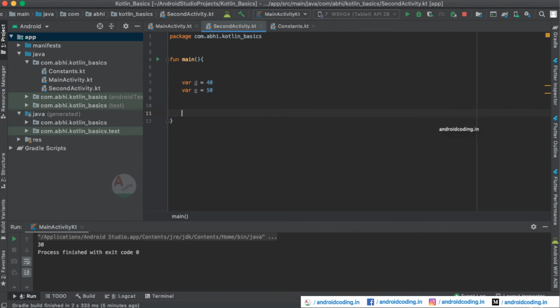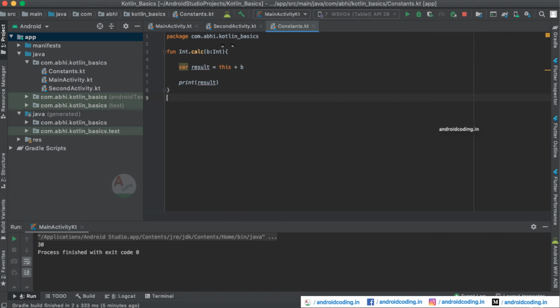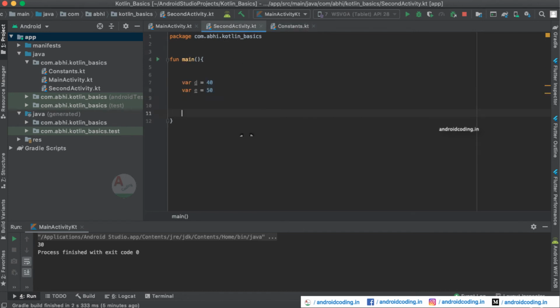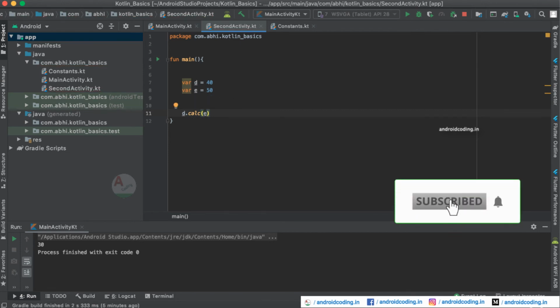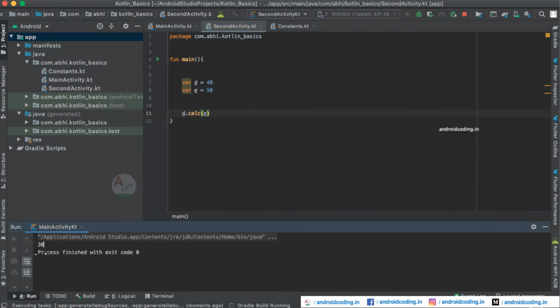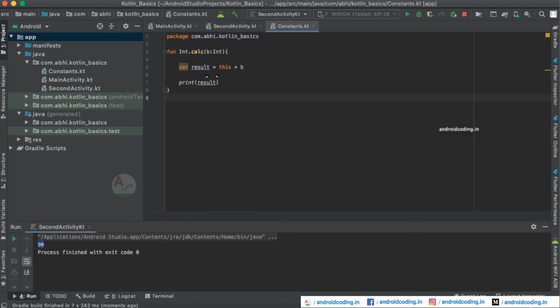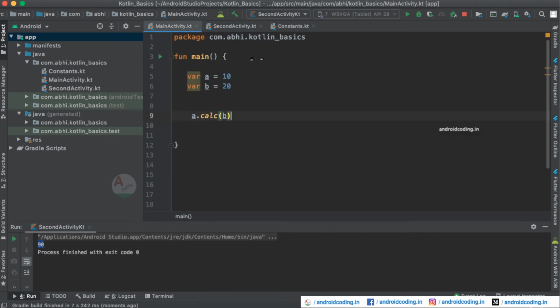And now here also you can make use of the method which you have declared in constants, d dot calc e. So now let us try to run this code and you will be getting the output 90 here. So yes, you can access this particular method from any different files in your code.